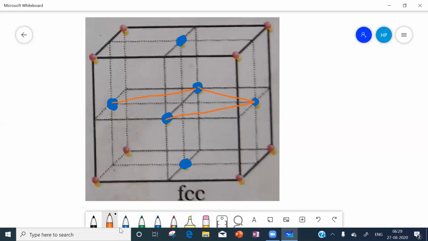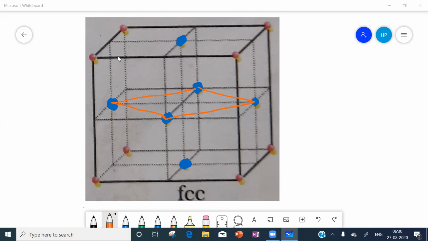Are you getting a square here? Yes, we are getting a square. This is not a triangular face. So octahedron means we have to get 8 equivalent triangular faces.